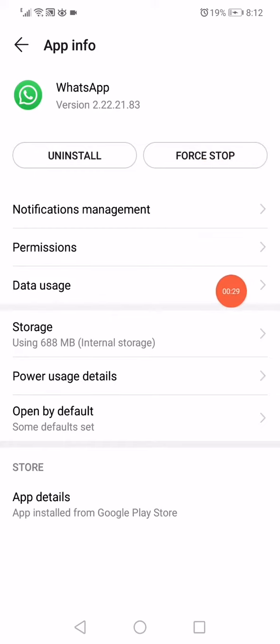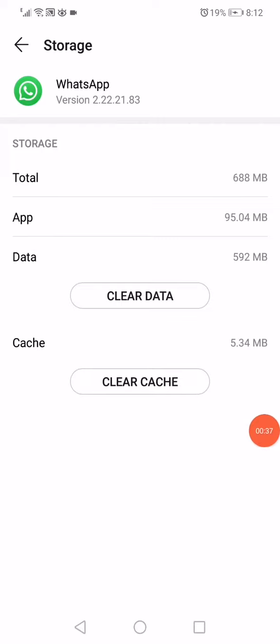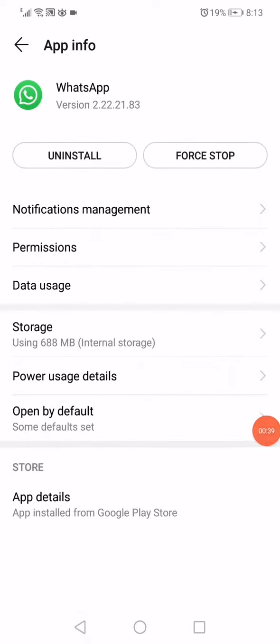and then click on the data usage. Disable those options and enable them again. Go back, click on the storage, click on clear cache to clear all the cache, and then you have to